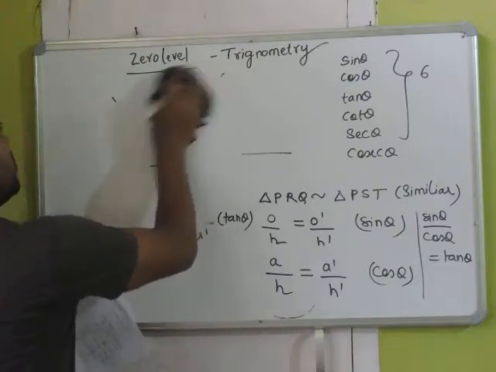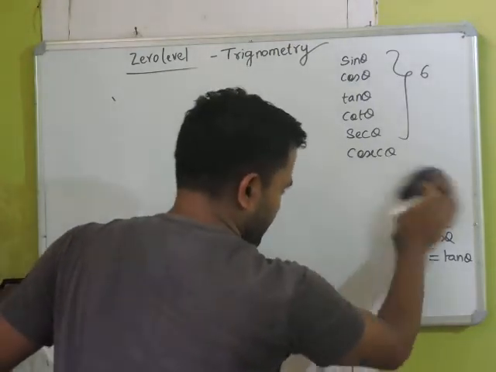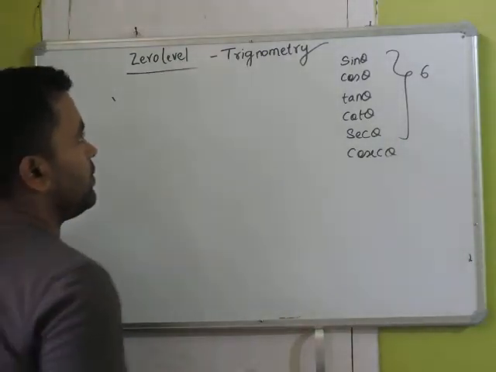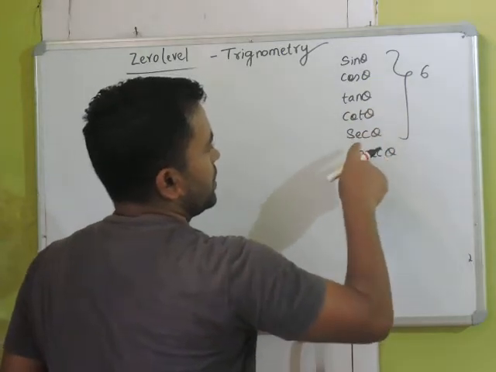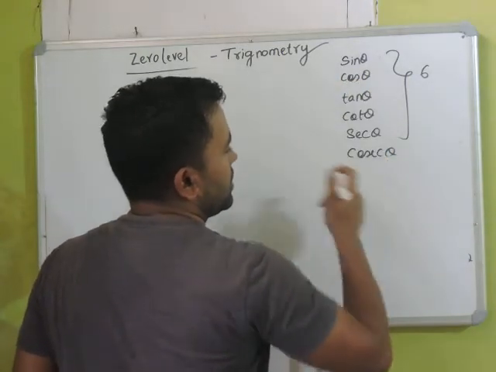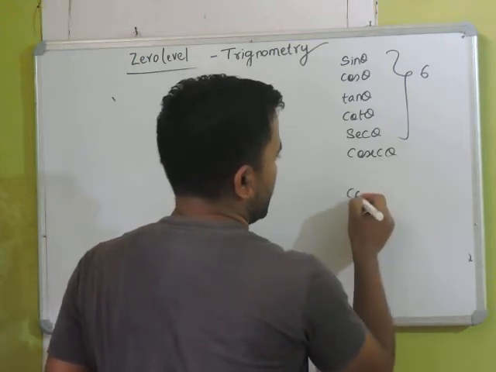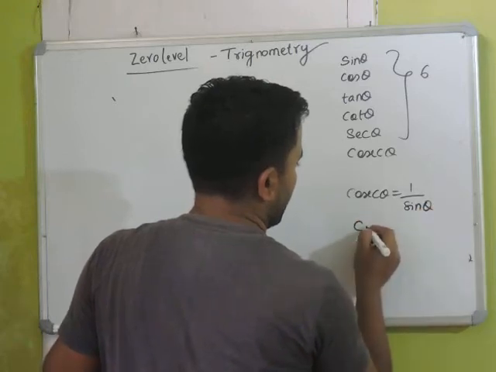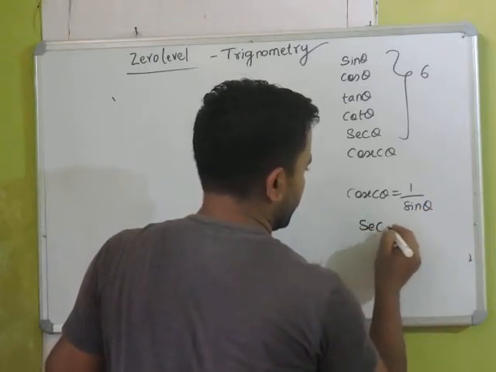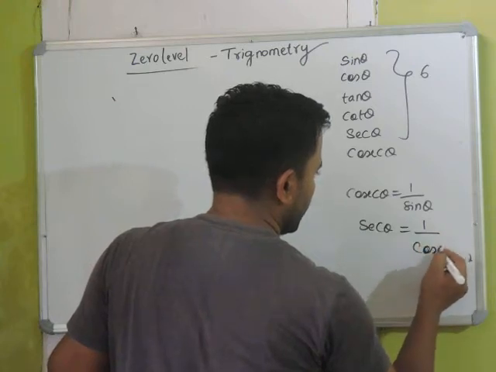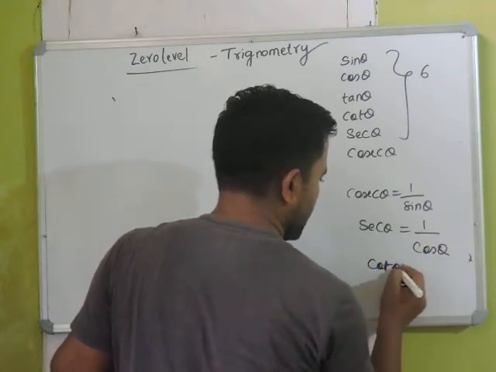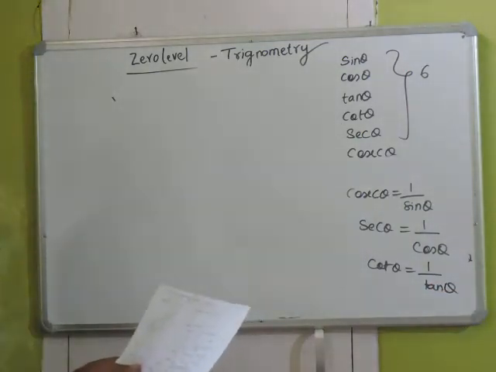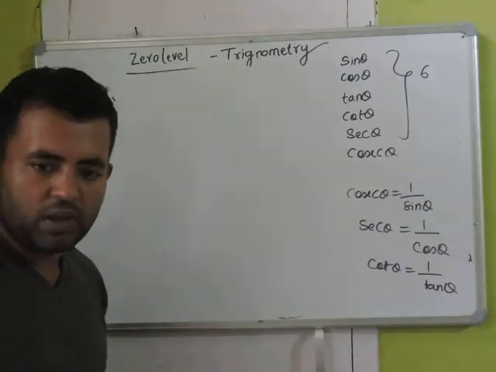And we all know the relation also between them. Cosec theta is 1 by sin theta, and sec theta is 1 by cos theta, and cot theta is 1 by tan theta. Okay, these are the simple things which you guys know. Now moving on,